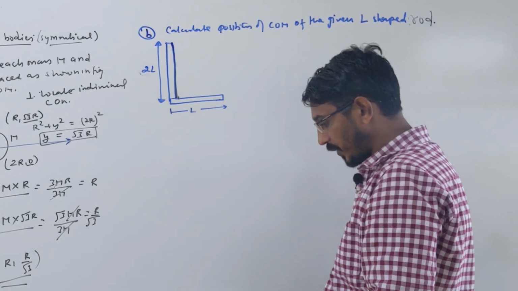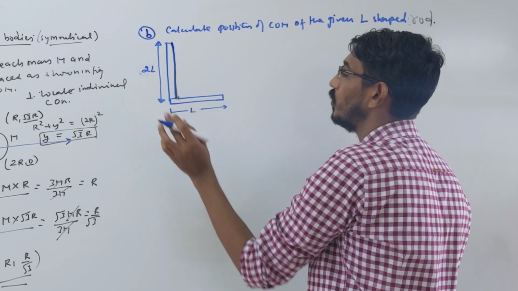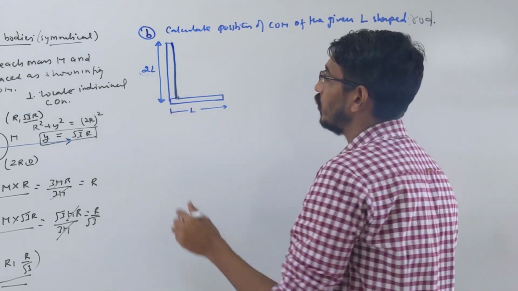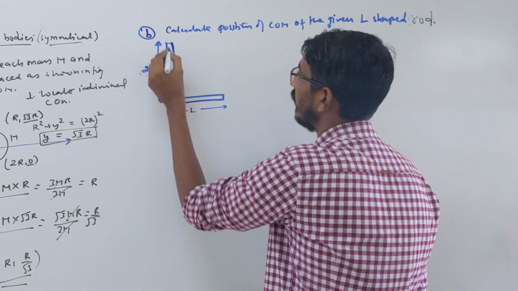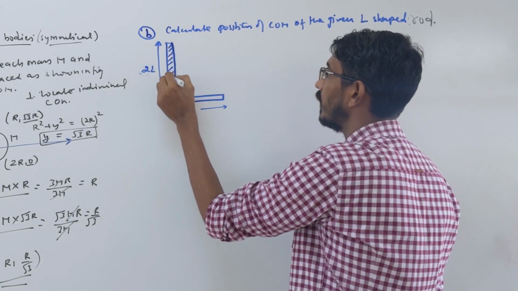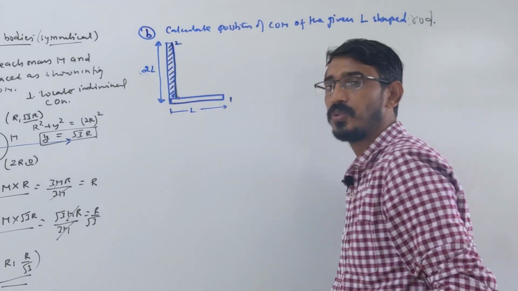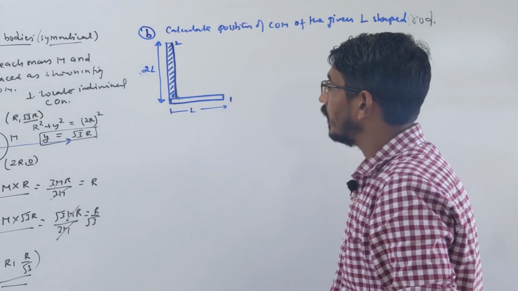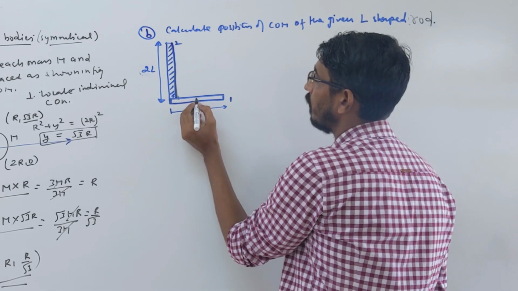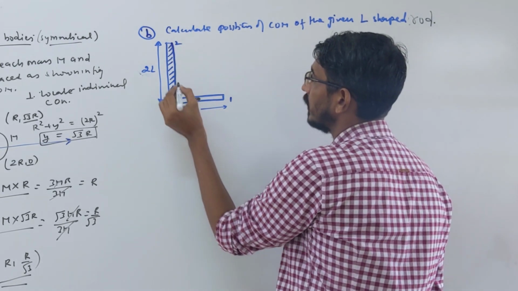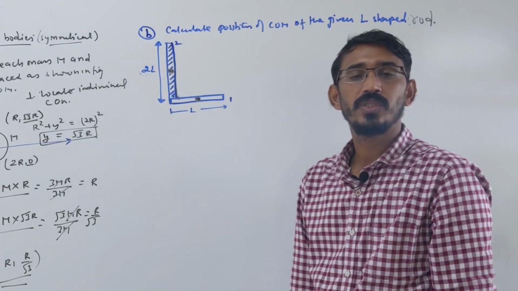Okay, so first you can see that you can divide this picture into two bodies, right? Two plates. Suppose you call this one body, that's called one, and this is your second body, right? Body 1, body 2. Like this you can divide. Now our job is to first locate the individual centers of mass. So this plate's midpoint will be here, right? That's the individual center of mass. And for the other, that point will be here, correct? Yes.